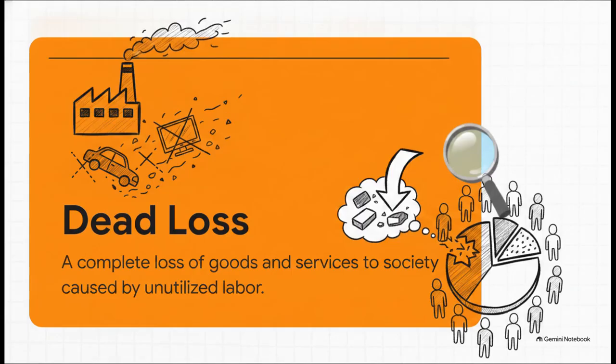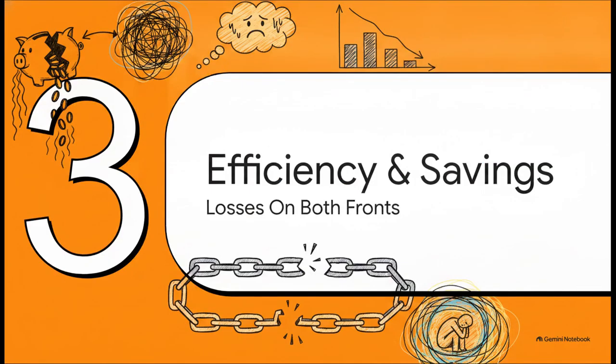And this brings us to a really crucial economic concept, a dead loss. This means that unproduced goods and services are lost to society forever, literally gone. If a factory sits idle for a year, the cars or the computers it could have produced aren't just delayed, they were never created in the first place. That potential output is entirely wiped from existence, meaning society as a whole is deprived of those goods, which makes everyone collectively poorer.